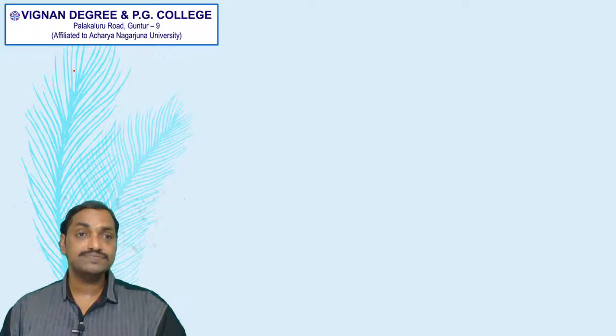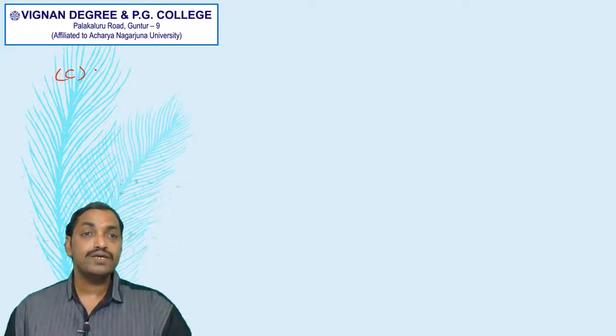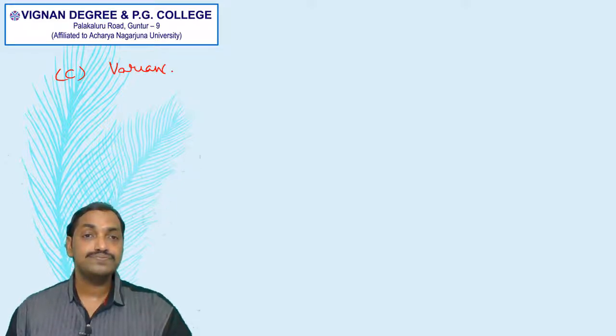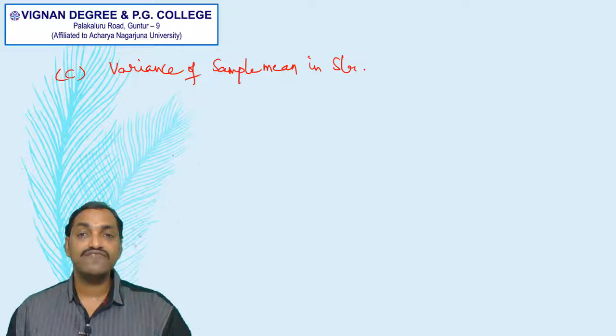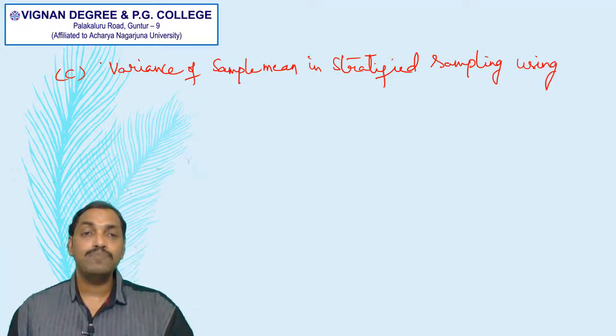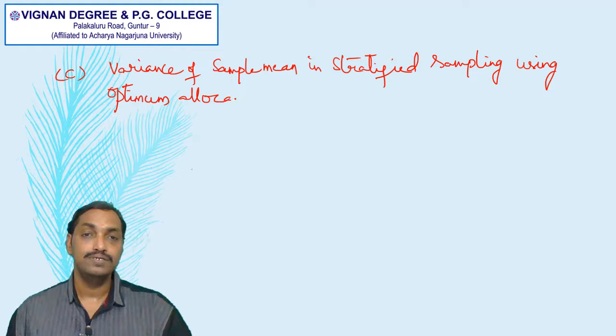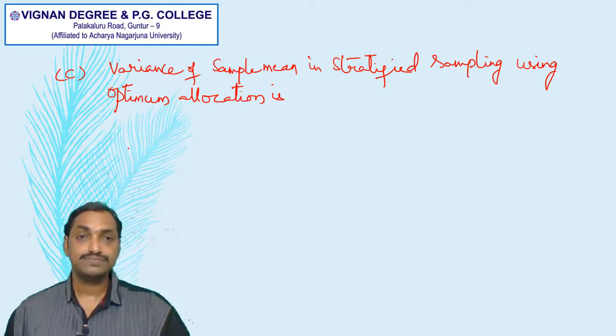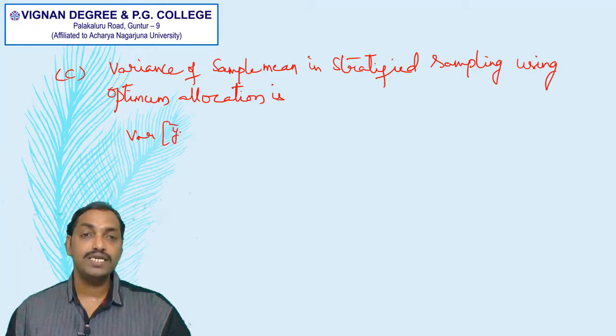In the third case, variance of sample mean in stratified random sampling using optimum allocation is variance of Y bar st in optimum allocation is given by the formula 1 by small n into summation i equal to 1 to k Pi into Si whole square